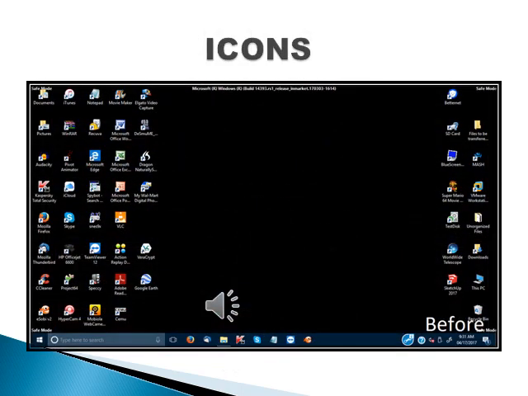In this picture we can see so many small icons, so many small pictures on a desktop screen. So these are called icons. These are the small pictures that you can see on the desktop screen. These pictures represent any application or any document type or any shortcut. So these small pictures that we are able to see on the screen are called icons.